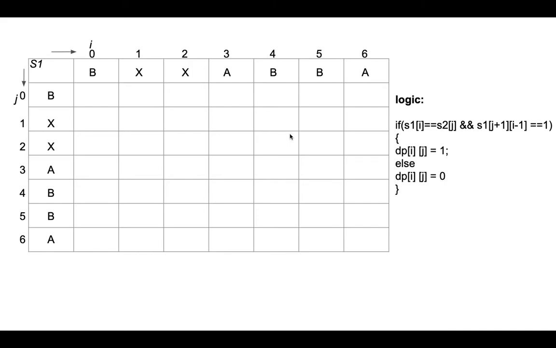So let's discuss how we have to implement the dynamic programming tabular approach to solve this problem. I have this table and this logic written over here, and I'll be discussing how we have to fill up this table using this logic. So the first row and first column of this table represent the string from which we have to find the longest palindromic subsequence. Then we have to fill up this table diagonally until we reach this right topmost block.